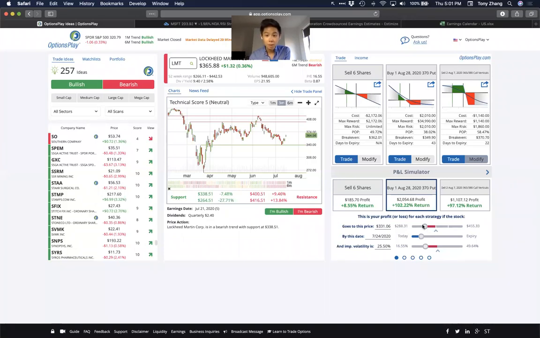When you think the stock's going to make the move, by what time, how big of a move, and also factor into that volatility crush. Because if, let's say, you think Lockheed Martin's going to go down to 350, then you can say, well, I'm certainly better off selling that call spread because I'll make $811 for my $1,800 risk versus only make $460 on my $2,000 risk. And this is how you make a decision as far as which strategy is best suited for you,